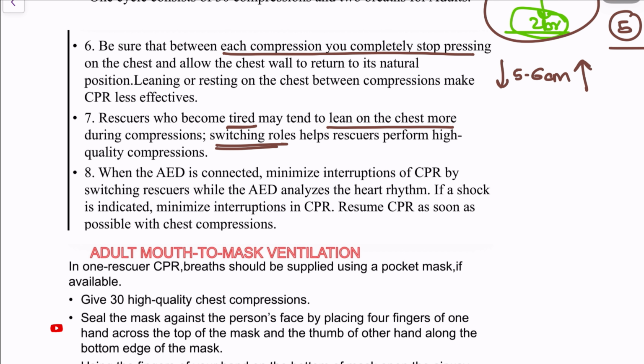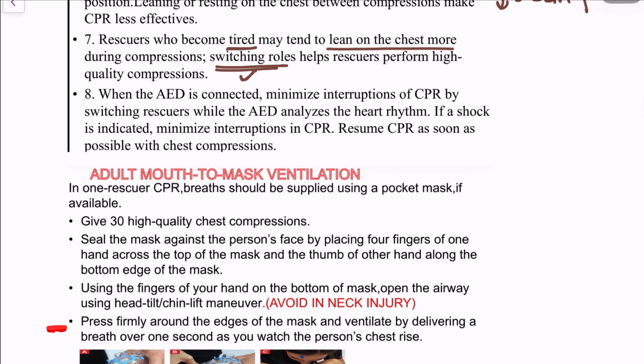As CPR is a difficult procedure, the person gets tired. Therefore, you have to switch the role between the rescuers. It is better to switch the role after every 5 cycles. When the AED is connected, now suppose the AED machine has arrived and is connected, minimize the interruption of CPR